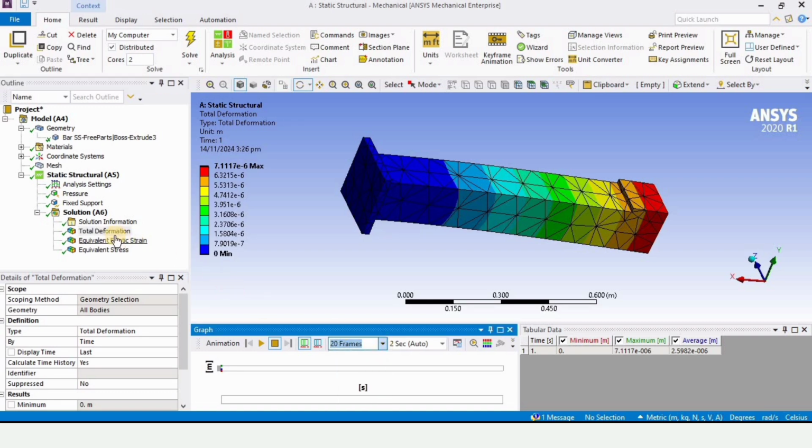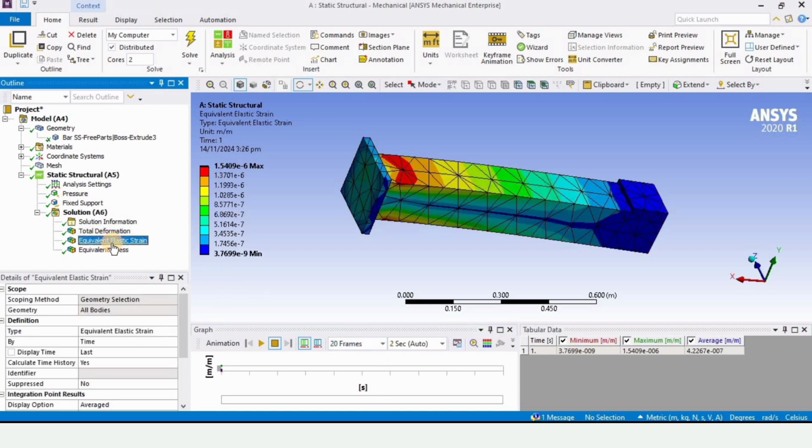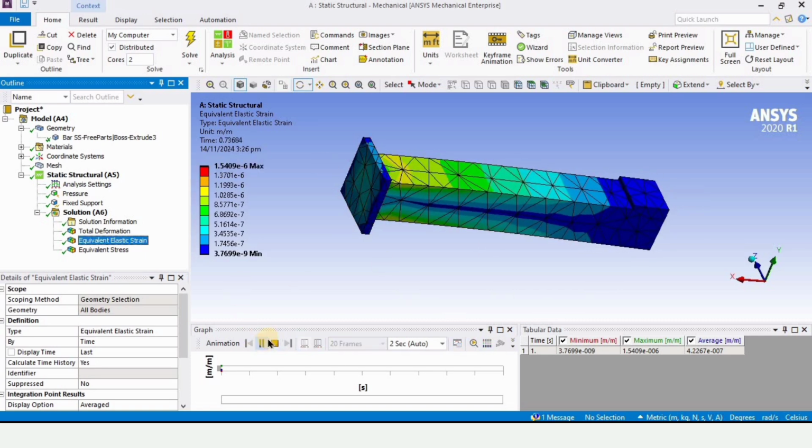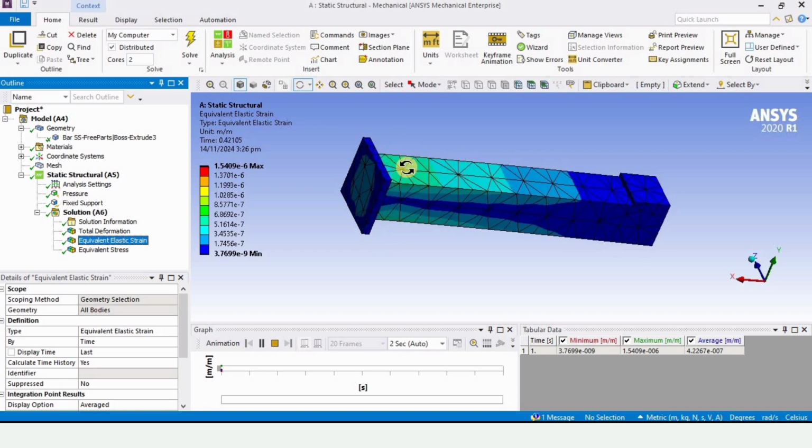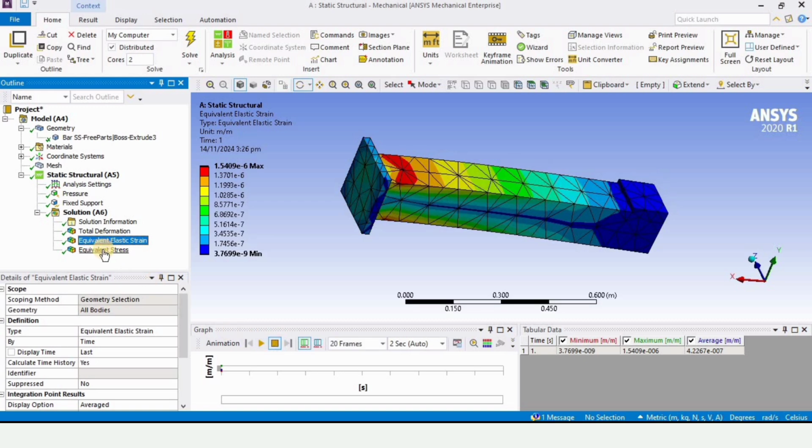So you simply have to click on it. I'm selecting the result for the strain. You can see in this region we have the maximum strain, and this is the value for the maximum strain. The blue region has the minimum amount of strain. You can animate it, you can play it. As you can see, this region has the maximum amount of strain,